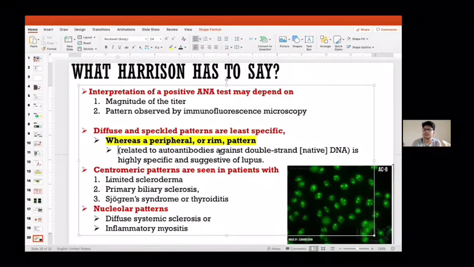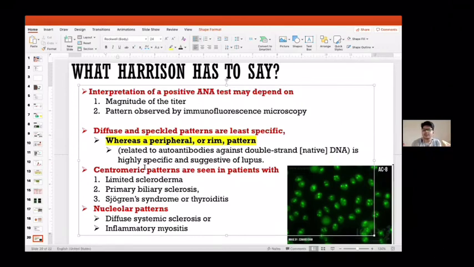But Harrison, even in this edition, has continued to write this. So if your examiner, who is actually not reporting ANA but making questions out of Harrison, asks that rim pattern is specific to what, then your answer will be lupus. Or rim pattern suggests the antigen of what? It is dsDNA. Okay, so with dsDNA, the intensity is maximum at the periphery. That's why the rim looks brighter in immunofluorescence. That's why this rim pattern, we report it as specific to lupus.